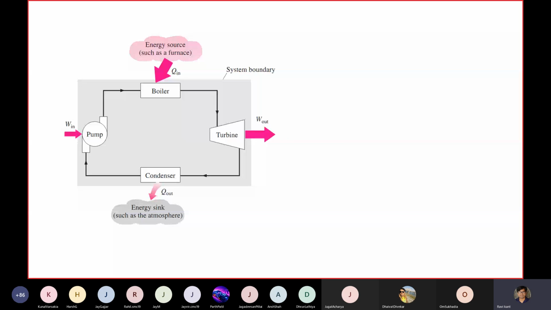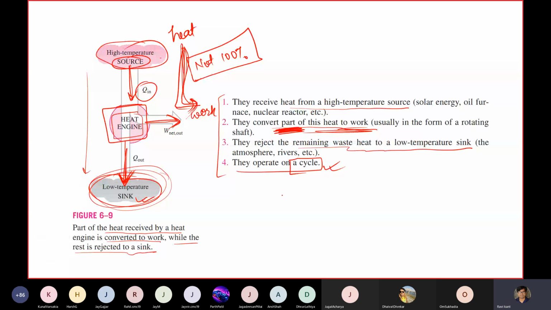The fluid it works on is called the working fluid. These heat engines work on working fluids that are heated, put some waste heat outside, and work in a cycle. This is called the working fluid. It can be steam, an air-fuel mixture, or anything.